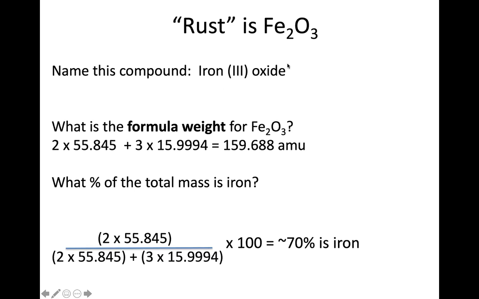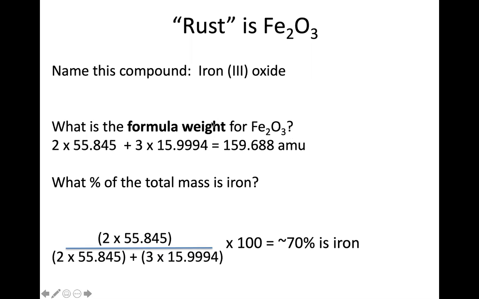I would be naming this iron 3 oxide. Iron, if you recall, can either be +2 or +3. Oxygen is 2-, so it must be iron +3 within that. People did a really good job answering that. When I'm looking at the formula weight for this, I'm looking to see that I have 2 iron atoms and 3 oxygen atoms. If I look at the values on the periodic table, these would be the mass values. Remember, those are the weighted average mass values once we account for the isotopic abundance.